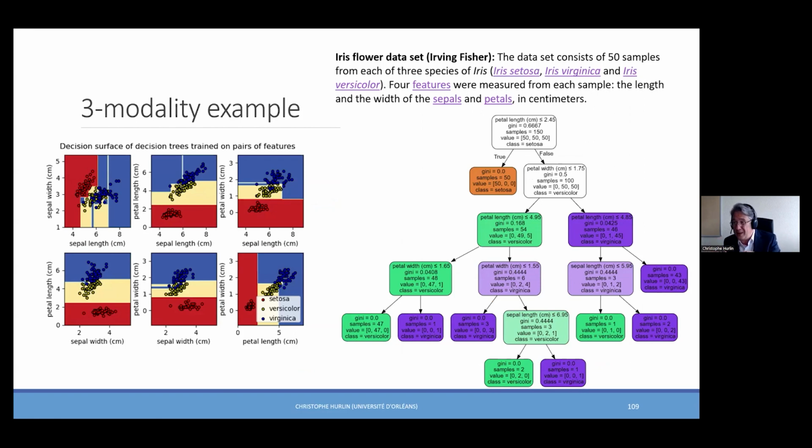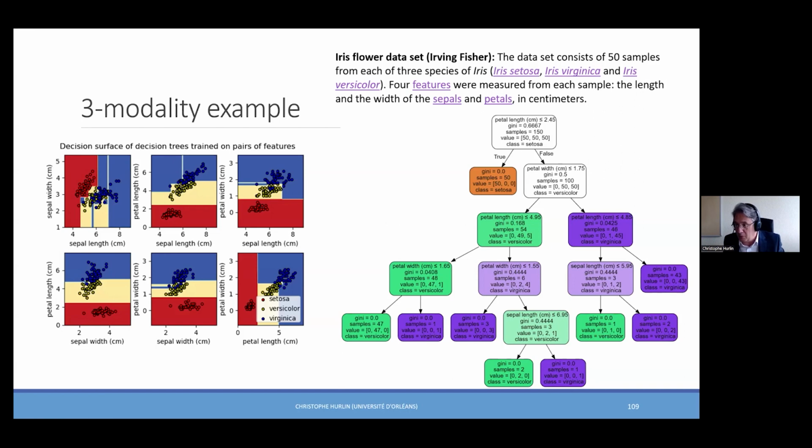So Y takes 3 modalities, 1, 2, and 3. And in this model, there are 4 features: the length and the width of the sepal and petals in centimeters. And this is the final decision tree of classification